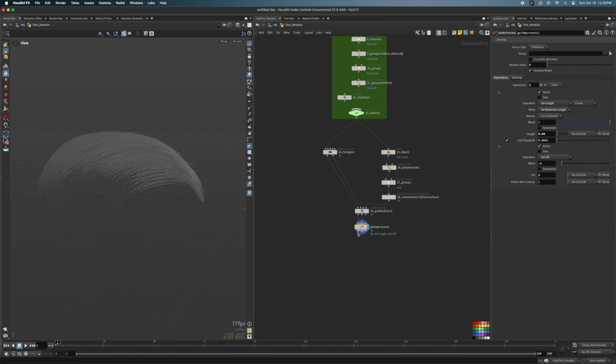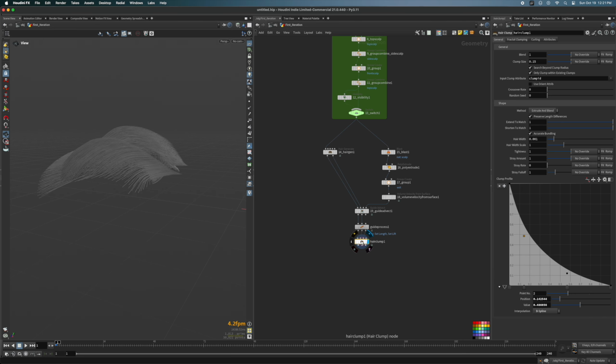To further add some natural look, I'm going to add a hair clump node. Hair clump always drops in with a clump size by default too large for the template head. So the first thing I need to do is reduce the clump size so that I can get more clumps showing up. To do this, I add a 0 after the decimal,